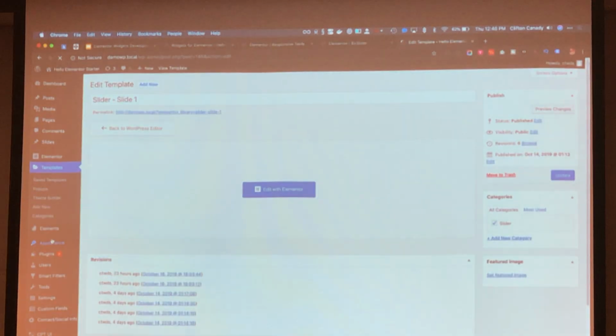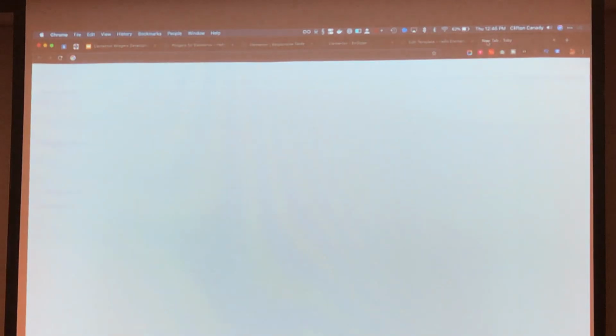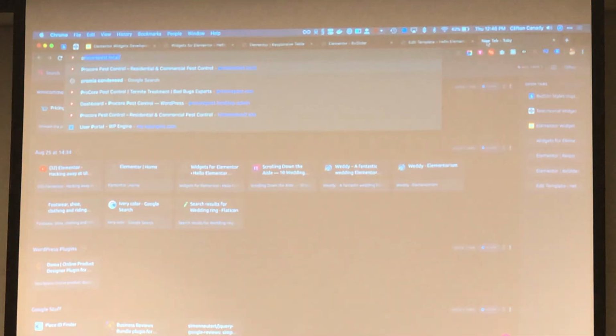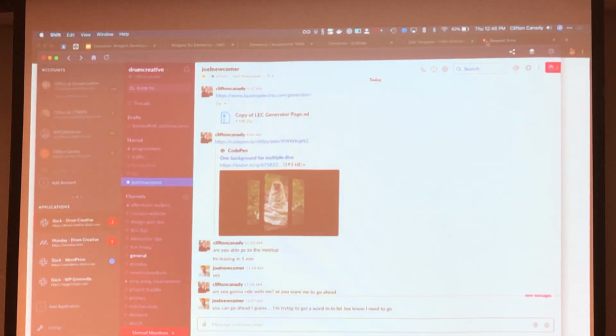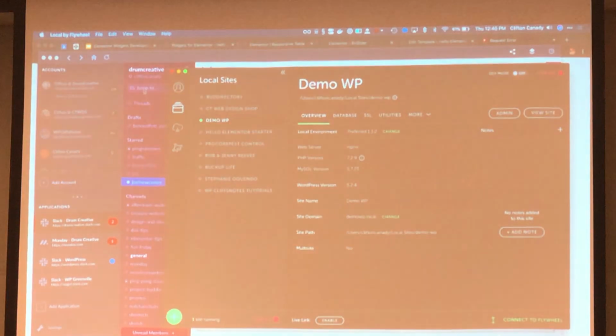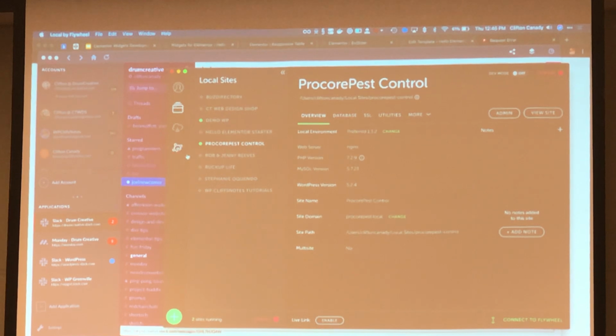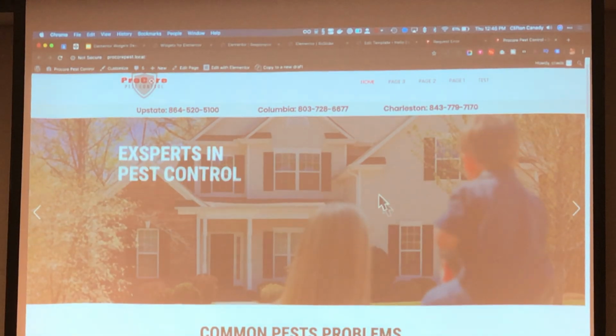that has to do with hotspots. This is a website that I've been working on. Oh, I need to start the website up. Sorry. I am using Local by Flywheel to spin up all the sites that I'm showing y'all. After I show y'all this, I'll let y'all ask questions. So this is that same slider,